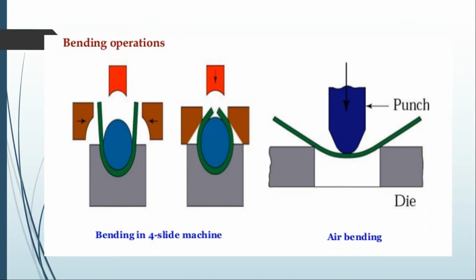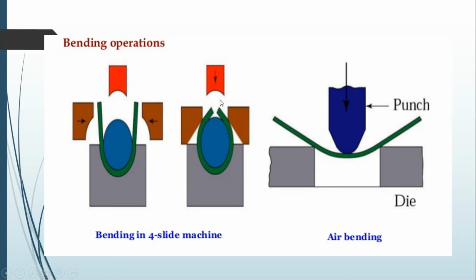Now bending operations. In your laboratory experiment, you may see the 3-point bending test, and here we have a lot of bending operations available. This is called normal air bending operation without any support. We just drop the punch in the air and it will come and touch. It makes some bending. Here also, bending in a 4-side machine means it will be completely closed. The 2-side punches will come and approach over here, so this portion will be bent, and the top side, it is open, right? It will be bent by the top side punch.